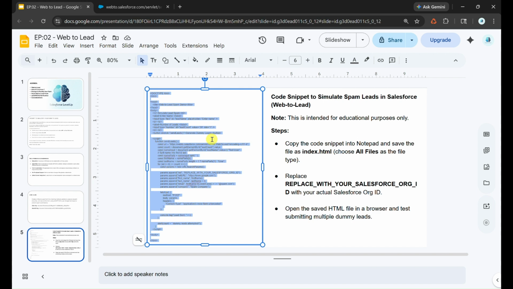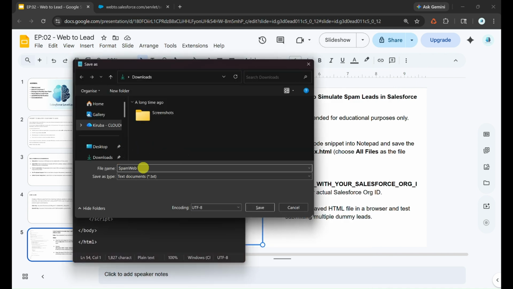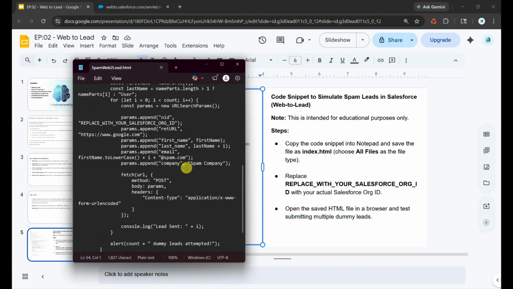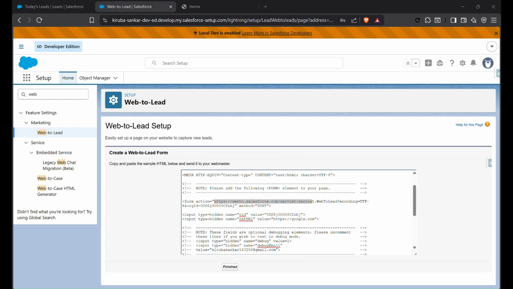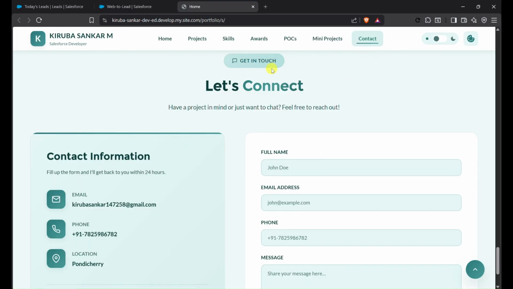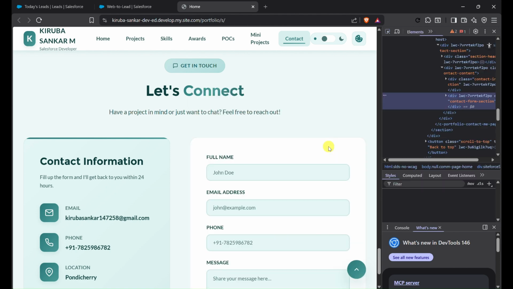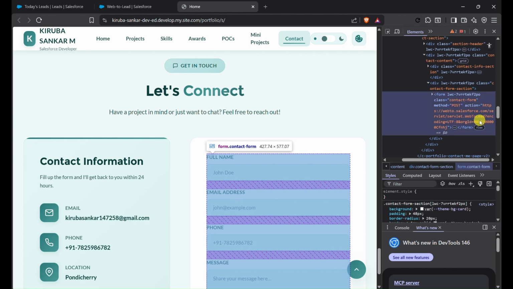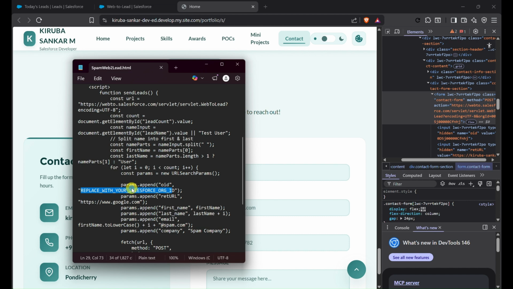So let me copy this particular code which I already created. I am opening up a notepad, pasting it, and saving it as web2lead.html. Okay. And I'm selecting all files as the save as type, and I'm saving it. Fine. Now one step that I have to do here is that I have to replace the organization ID over here. You can easily get the organization ID by just inspecting. So let me open the inspect element by clicking Control Shift I, and click on this cursor icon and click on your form. If you expand this particular div, you'll get your form tag, and here you can get your organization ID. So let me copy the organization ID